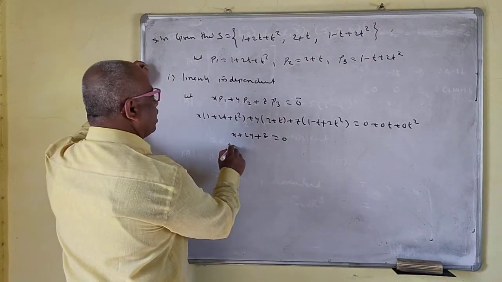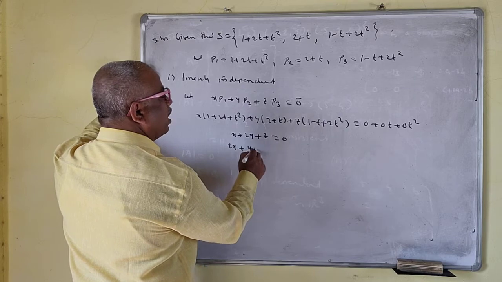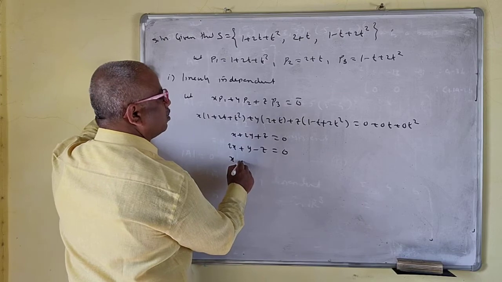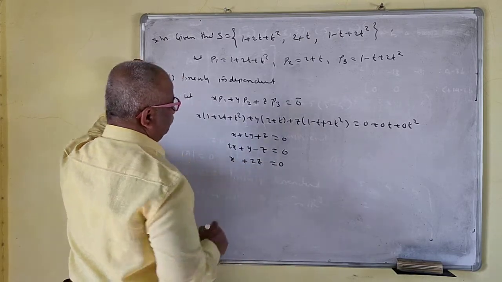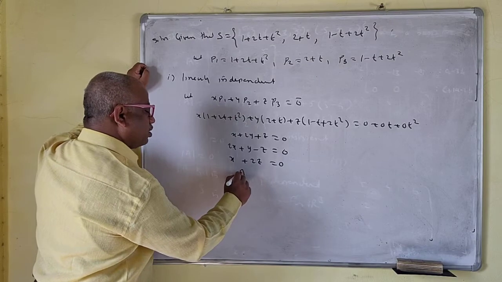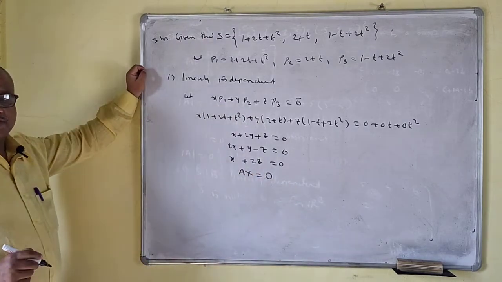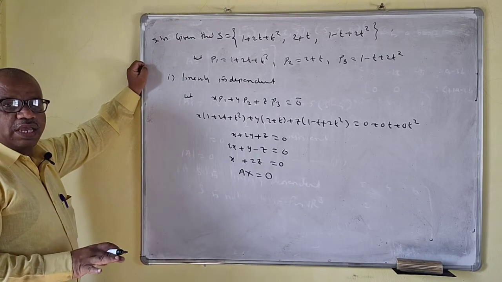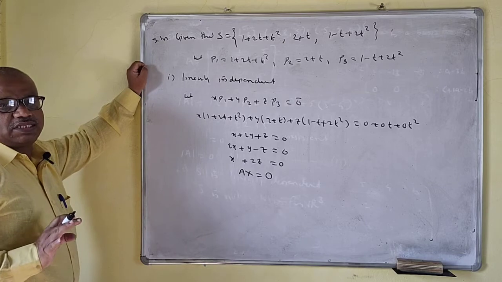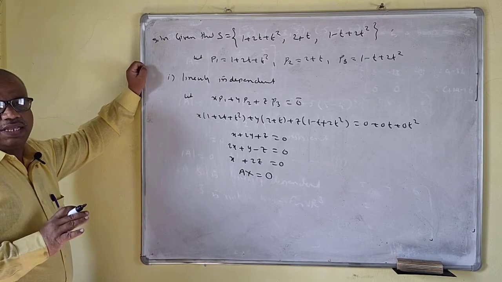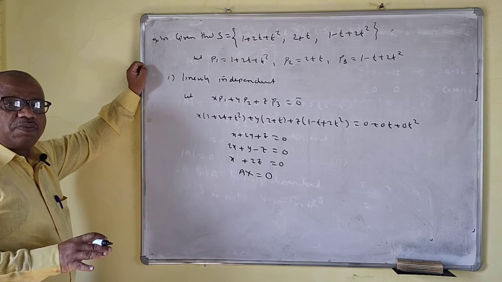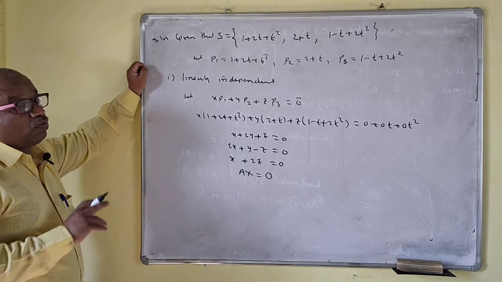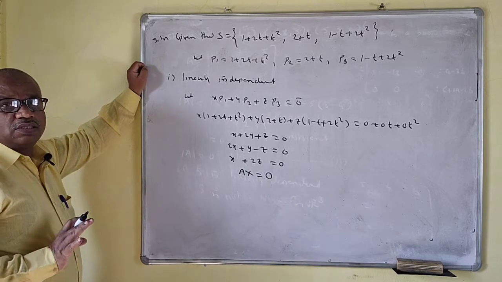Okay, so 2x plus y minus z is equal to 0, and x plus 2z is equal to 0. We'll write this equation in matrix form. Just we have to convert A into echelon form. If rank of A is the same as the number of unknowns, then the system has only the zero solution, so S will be linearly independent. If rank of A is less than the number of unknowns, then the system has at least one non-zero solution, so S will not be linearly independent. But the question is show that, so rank of A must be the same as the number of unknowns.